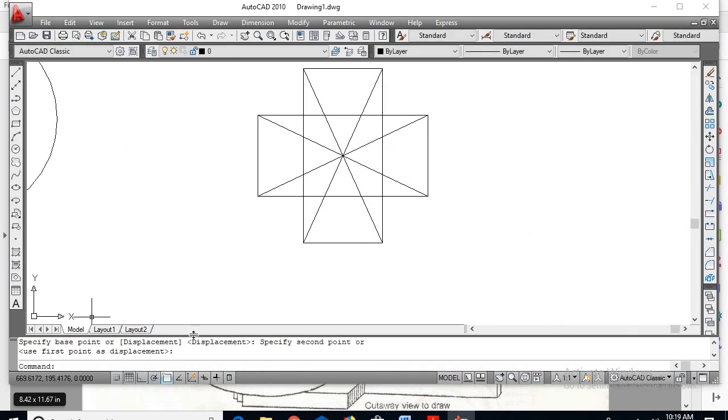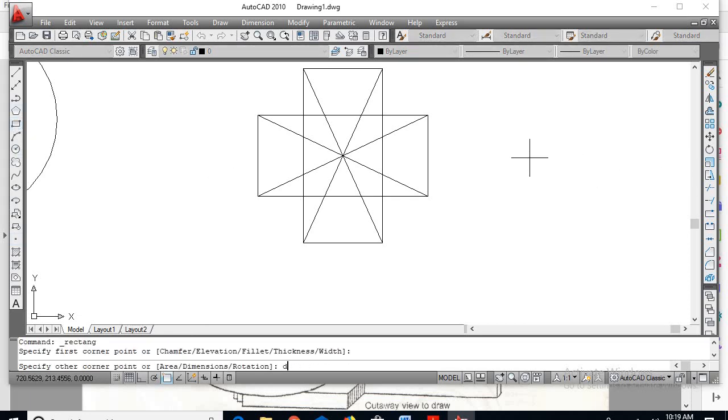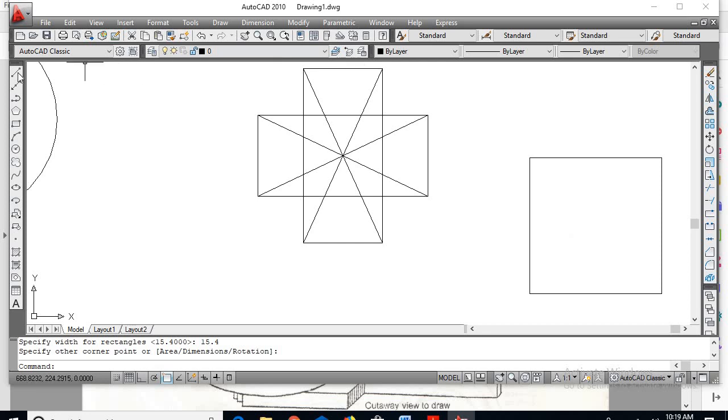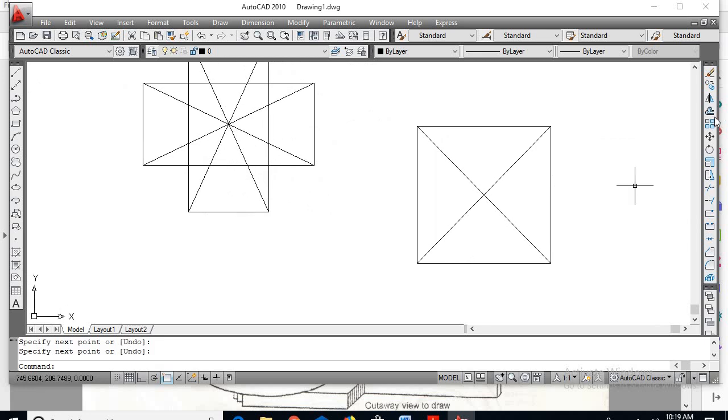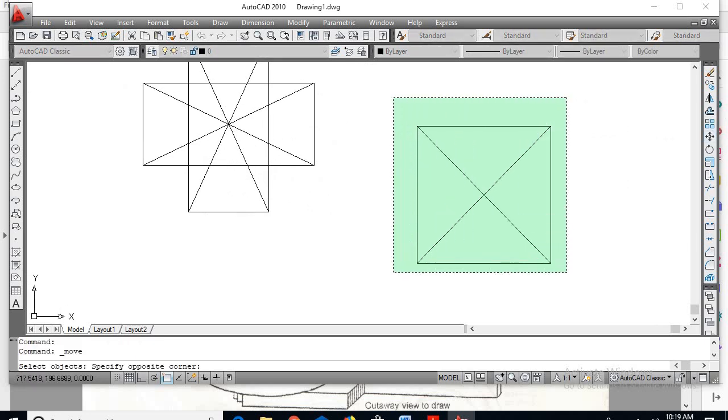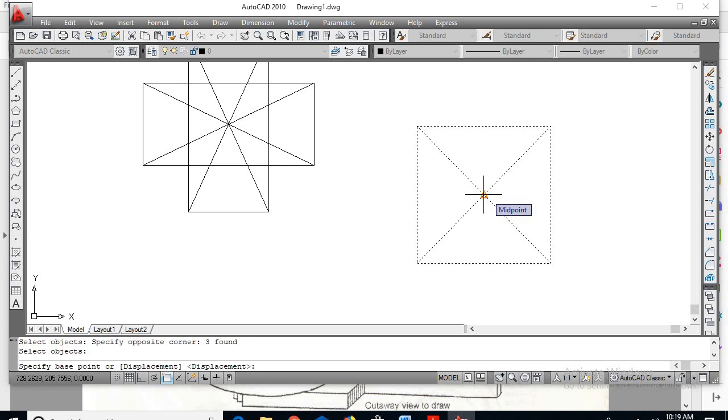Next, the width of the largest stamping: go for rectangle, click here, type D, enter, 15.4, enter, 15.4, enter. So I'll be getting a square. Draw two diagonal lines. Now go for move command, select this object, enter, take the midpoint.